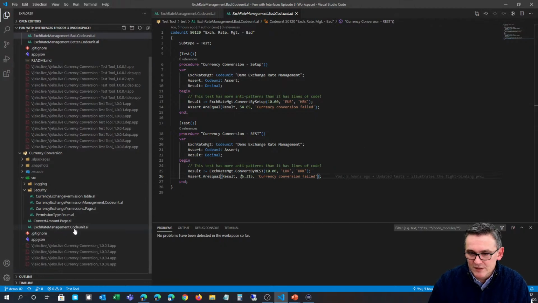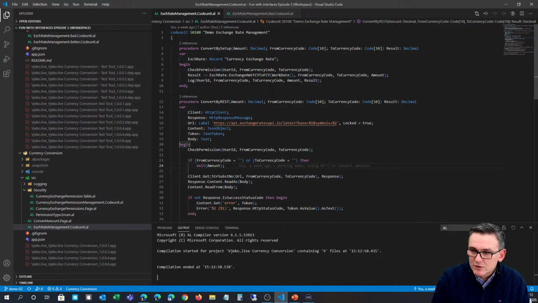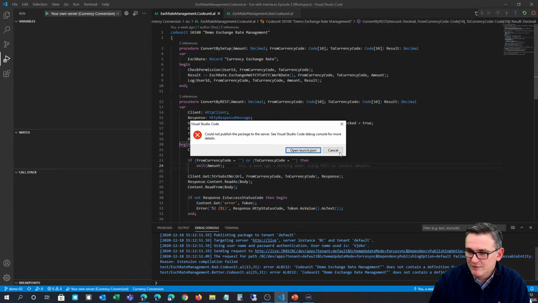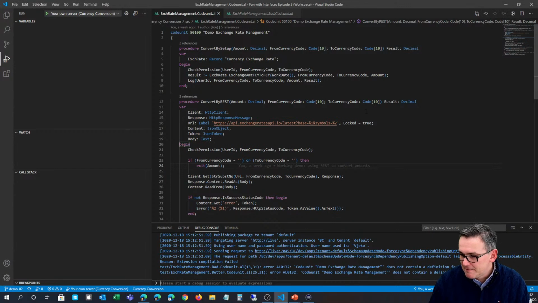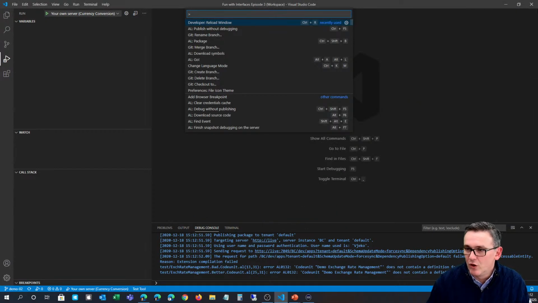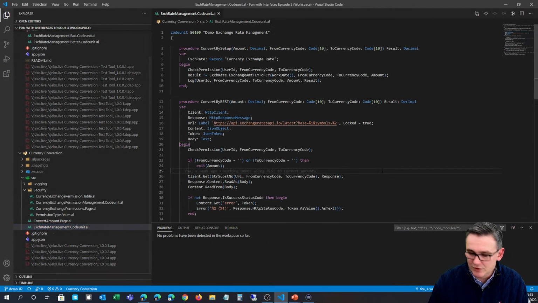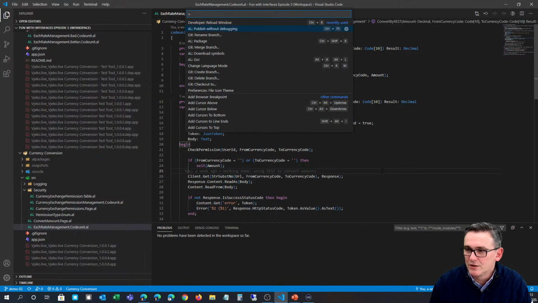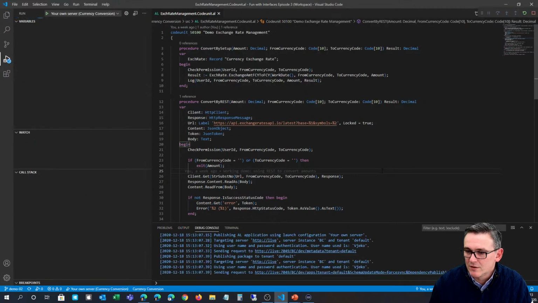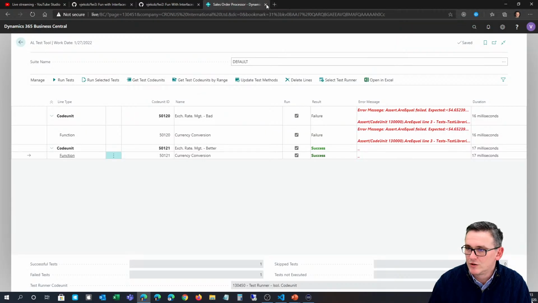So let me first deploy my version number 2. I'm going to deploy the functional app first. It is now failing, and I will close my code, reload my window, then I will go back to my functional app, and then I will deploy my functional app version 02. That is fine. Now I want to deploy my